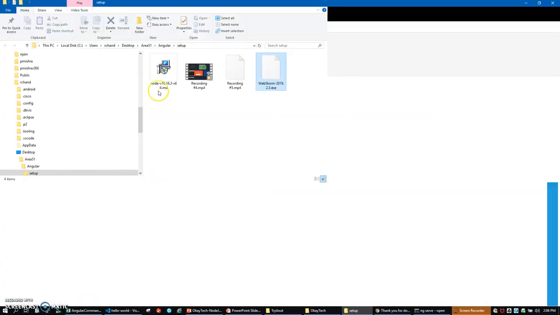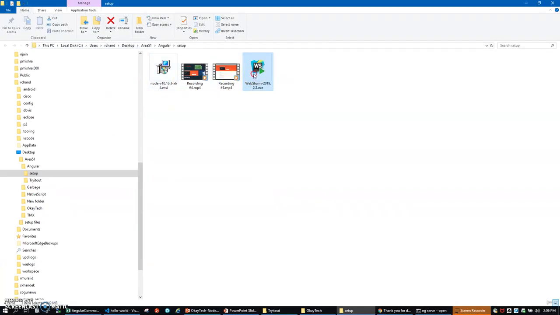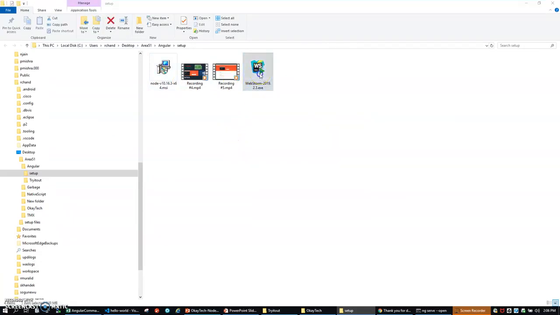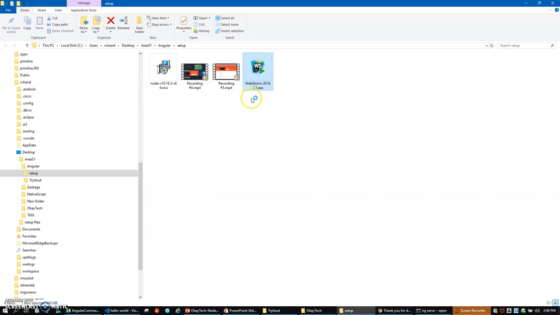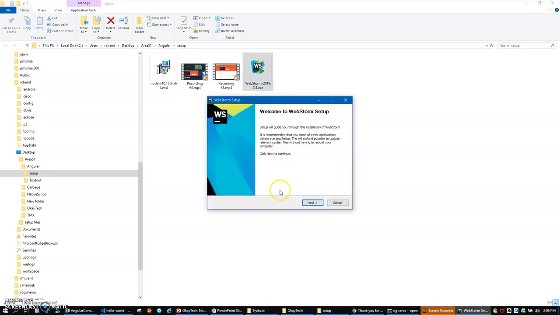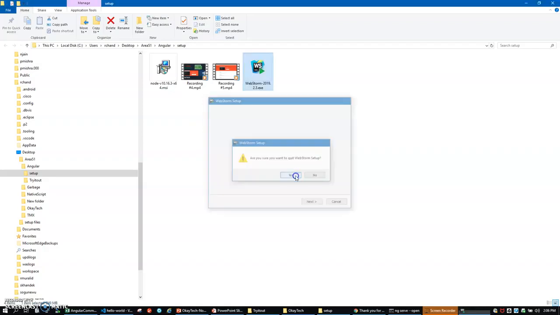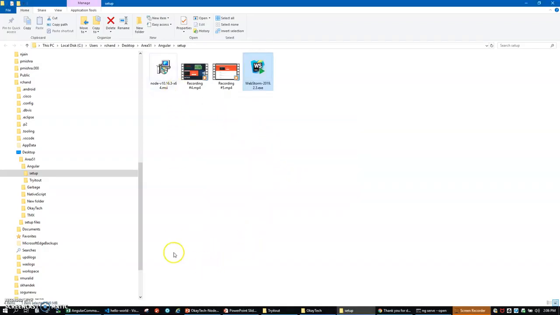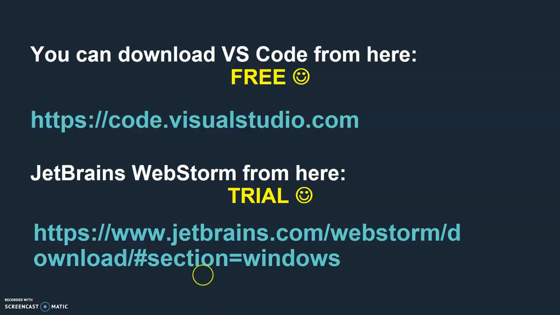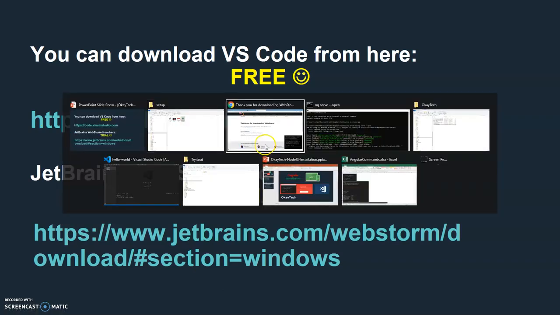Okay, so now we are done with downloading the installation exe file. What you have to do is just double click to install the WebStorm IDE. Keep on clicking next and finish, then you will have your IDE ready. I'm not going to install it because this is just a trial version and I don't like trials, so I'll just quit this one. If you want, you can go next and finish. But for now, I'm discontinuing this. So we'll go and install Visual Studio Code, which is from Microsoft and is free of cost.